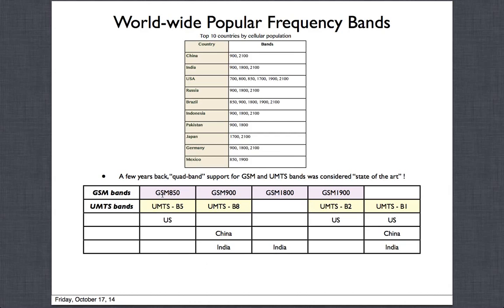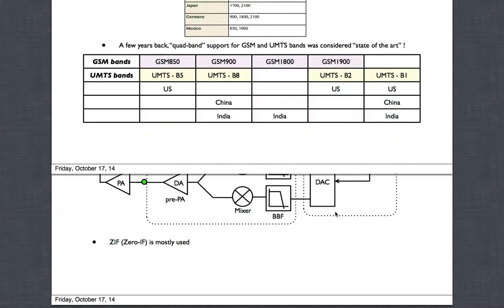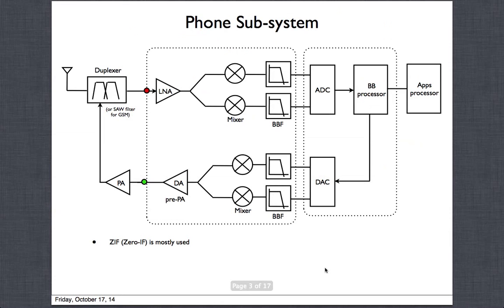Initially these phones only used to support one or two bands. Then came these multiple band supports, and then using the same phone you could go to different countries, have different carriers, and you can still roam. You will still be able to make your voice calls. You'll be able to use data and everything. Okay, so hopefully that gives you some idea about it.